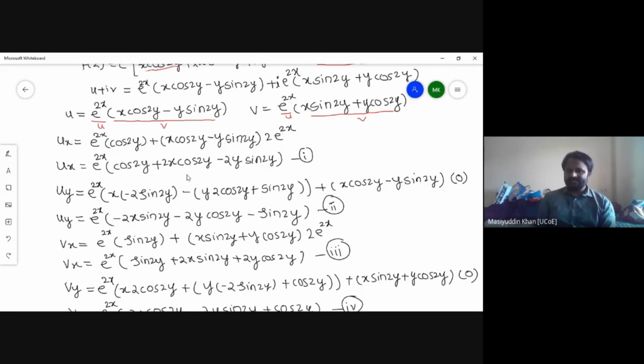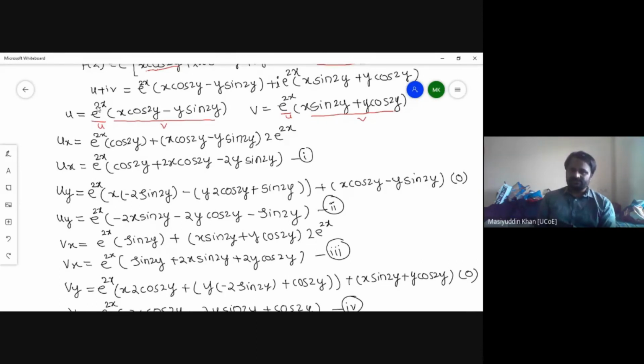So minus sign as it is. Now here again two functions are involved. The first one is algebraic and the second one is trigonometric. So again you have to apply a product rule. First into derivative of second, so you are getting this part, plus second into derivative of first, kept as it is, plus the main function kept as it is, or second part as it is, and derivative of the first part with respect to y.